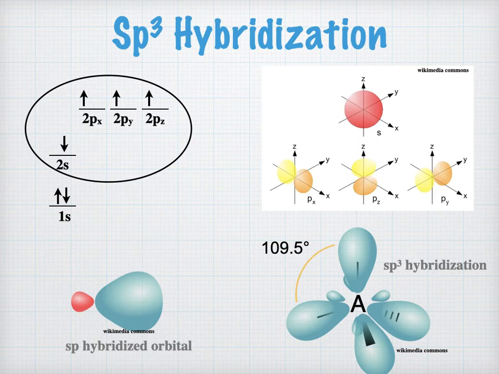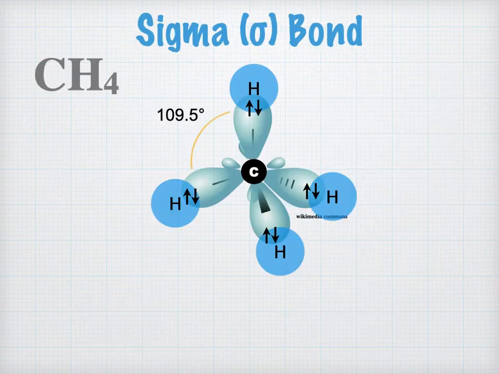Why do they want to be as far away as they can? Well, they are electrons and they repel. And so that is your sp3 hybridization. And that's why the tetrahedral exists. And if we're looking at something like our methane molecule CH4, well, then what's going to happen is you're going to get molecular orbitals on all of those sp3 hybridized orbitals with hydrogen. They're going to overlap. You're going to have the shared pair of electrons, and this is where you get the tetrahedral for CH4,